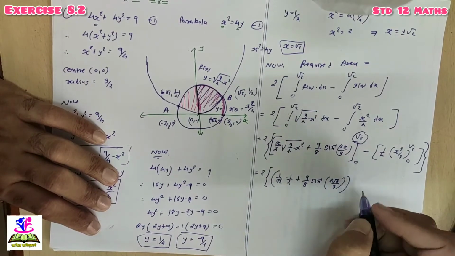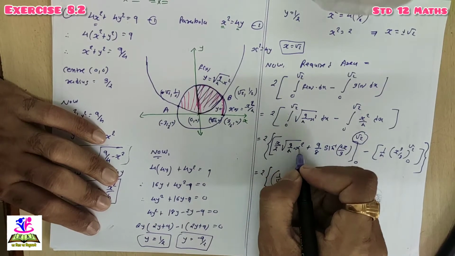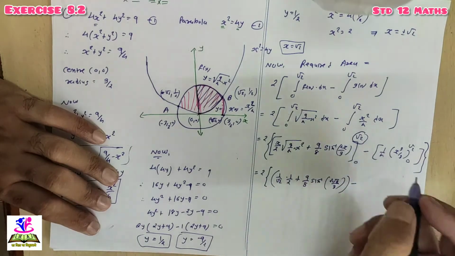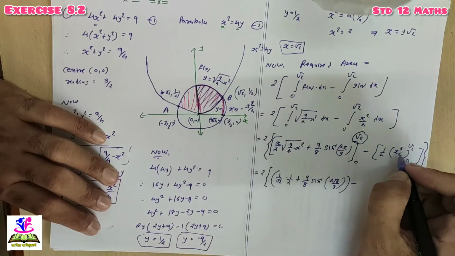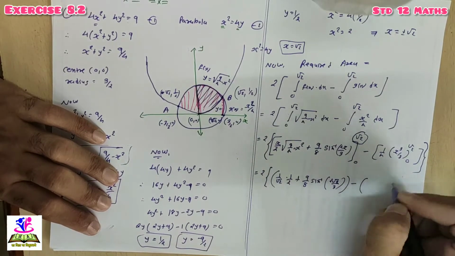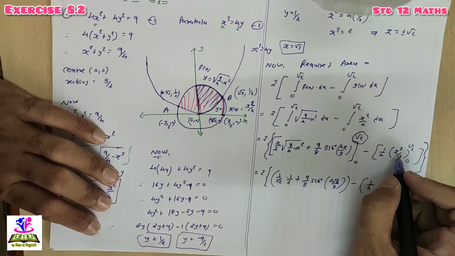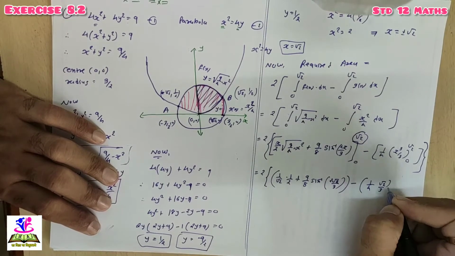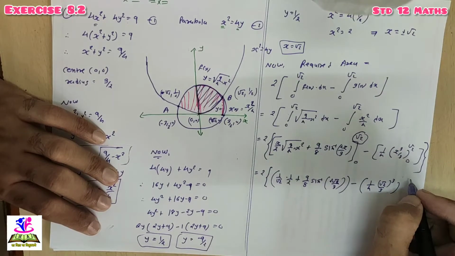Done. This is x equal to root 2, minus, put x equal to 0. Put x equal to 0, 0 by 2, 0 into 0 is 0. This will be 9 by 8 sine inverse 0. So that is also 0, right, so 0. So this one minus, now put x equal to root 2. So this bracket is 1 by 4 x cube, that is root 2 cube, root 2 by 3. Here you have to put root 2 cube minus x equal to 0, it's 0.